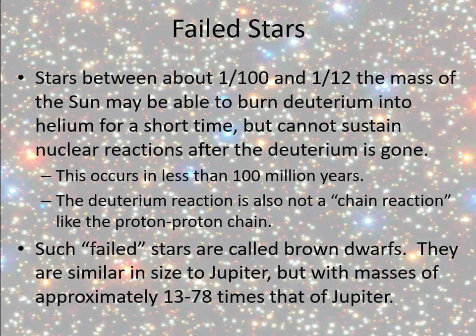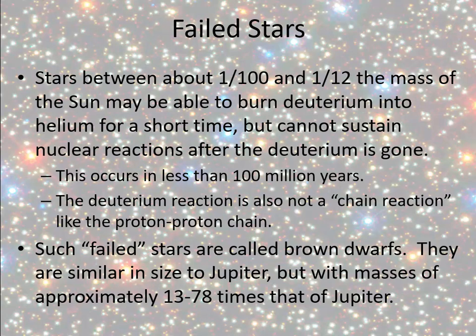About 1 out of every 1,000 hydrogen atoms on Earth is a deuterium atom. But deuterium has a very strong, very large nuclear cross-section. It very easily participates in nuclear reactions, but it doesn't participate in chain reactions. You can generate energy from that, but you don't end up producing enough after that to really be able to keep the process going. So yeah, the deuterium that's there is going to participate in nuclear reactions, but once the deuterium's